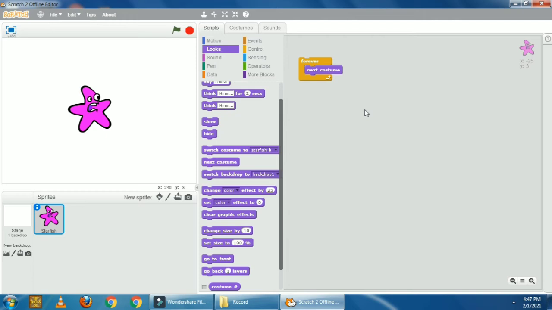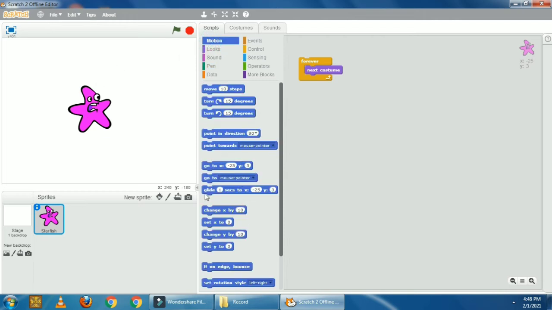Now next we have to take the glide block. The glide block will move the starfish. This block we can find in the motion category. Click on motion and here it is, the glide block. So take it and attach it below the next costume block. Here it is. Now in glide we have to give the x and y coordinates that we already know.